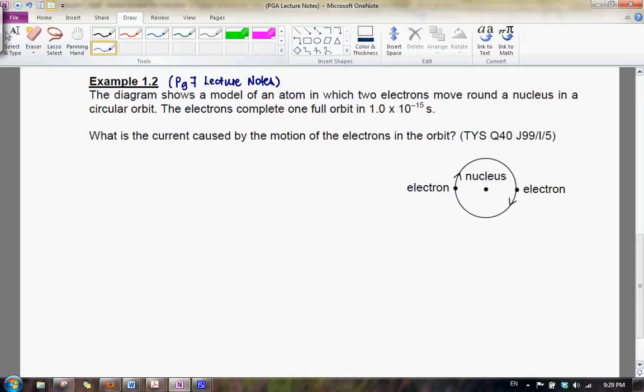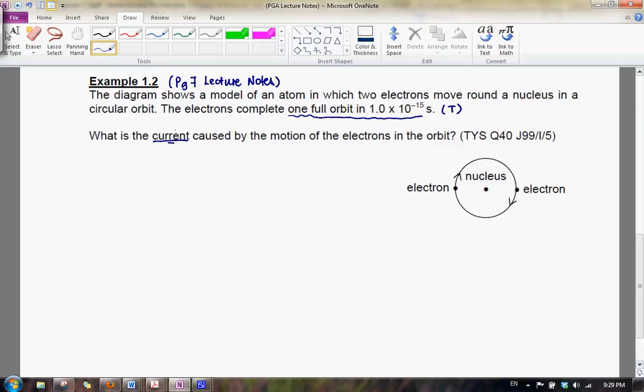Let us now look at example 1.2. In example 1.2, you are given a model of an atom in which two electrons move around the nucleus in a circular orbit. You are told that the electrons complete one full orbit in 1.0 times 10 to the power minus 15 seconds. Since this is one full orbit, we know that this corresponds to the period. You are asked to find what is the current that's caused by the motion of the electrons